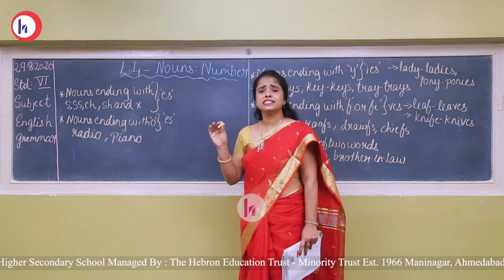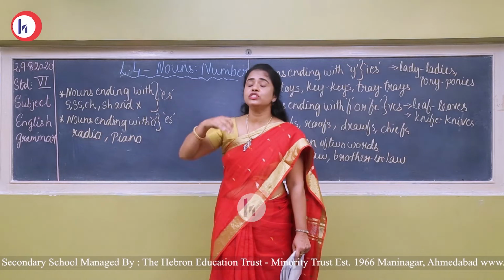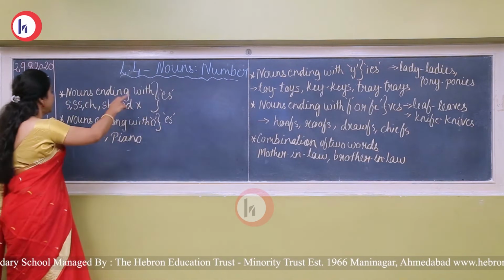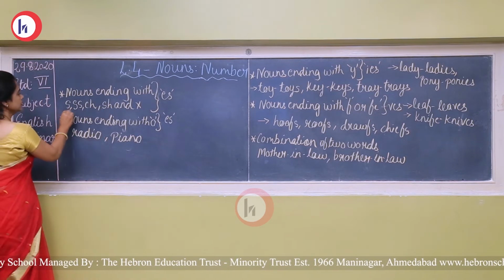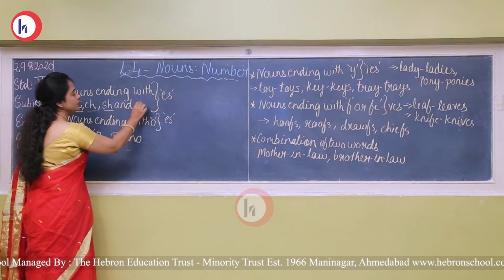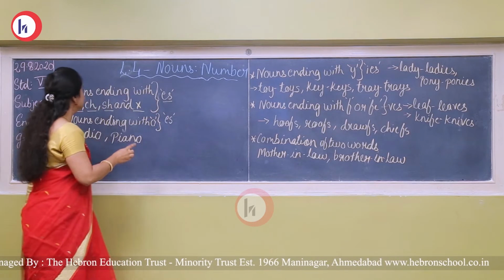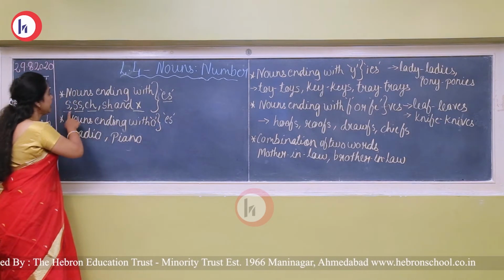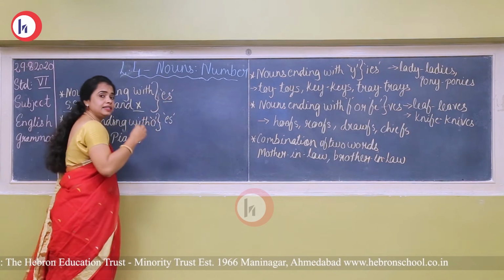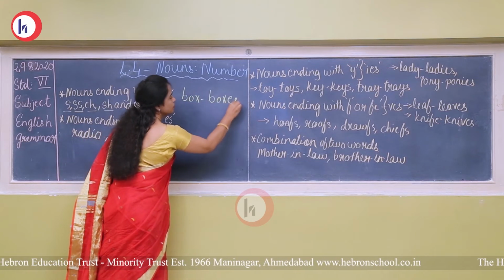But there are some exceptions to this. If a word ends with certain letters, then you should understand which rule to apply. When a noun ends with S, double S, CH, SH and X, for example a noun ending with X, I can say box. So what will be the plural? You will just put an ES. For nouns ending with S, double S, CH, SH and X, you put an ES at the end. If it is box, then you will write boxes. So the plural form is formed.